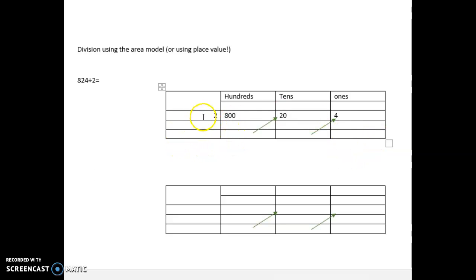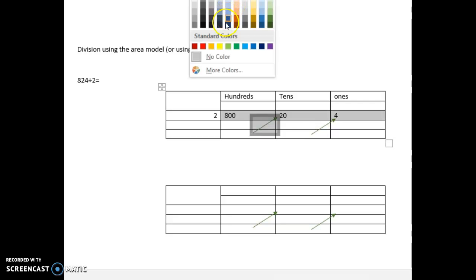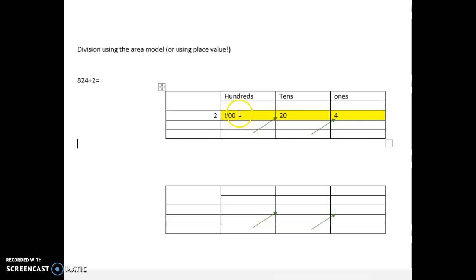So bear with me. So I've got the 2 outside the box. This is normally the rectangle that we draw when we're doing it in class. So let me use a little color there. That's what we normally have. So I've taken 824,